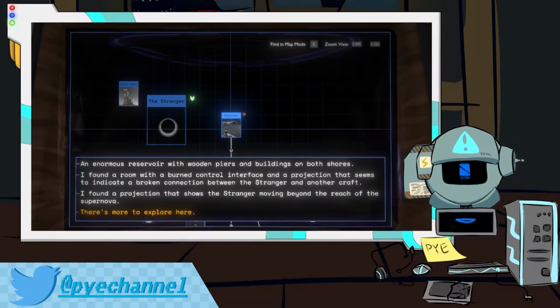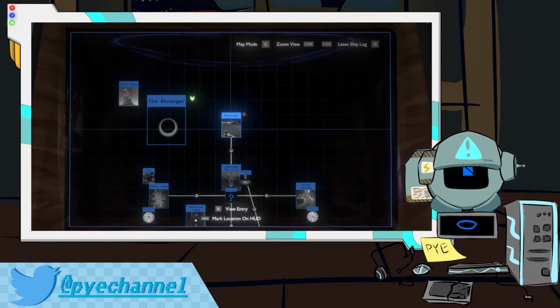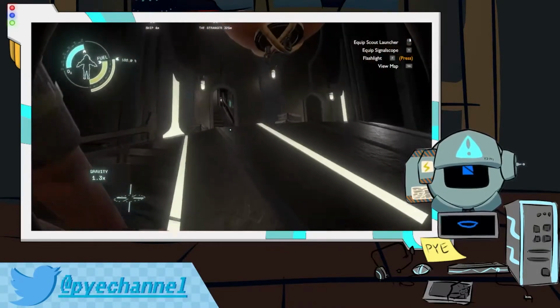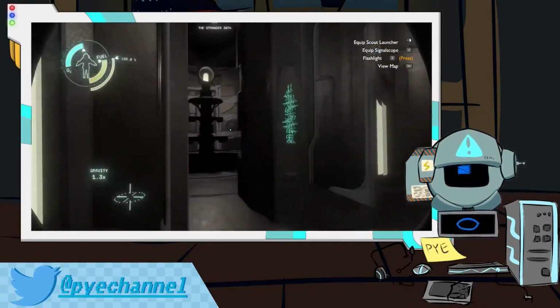I found a room with a burned control interface and a projection that seems to indicate a broken connection between the stranger and another craft. They give me that information. Where is this other craft, actually? Well, I know where it is, but...